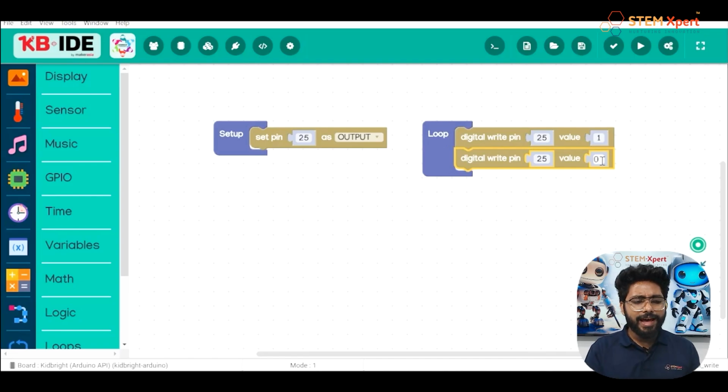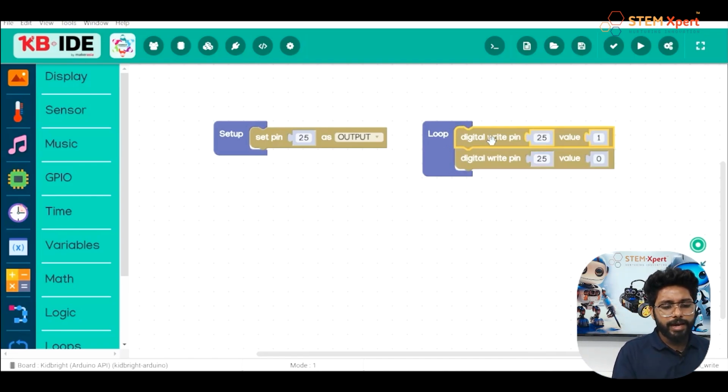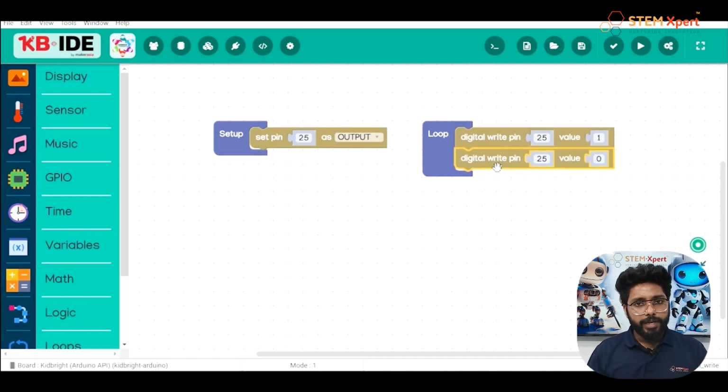So here you can see that it is now turned on and turned off. In between them we have to add a delay, then only we can see it. Okay, so why are we adding a delay? It is because the program execution will be in a fast manner. Okay, it will be very fast that we can't see it. So if you want to see it, you have to put a delay into it, then only we can see it. Okay, so 25th pin is now 1 and in between these two we have to add one time block